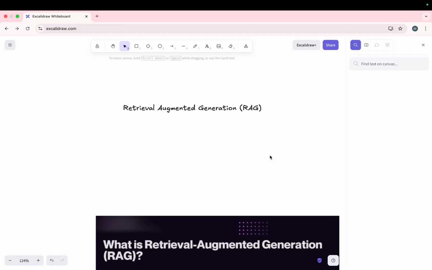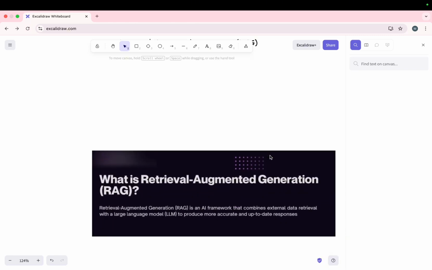Today we will learn what is Retrieval Augmented Generation. What is RAG? By now you must have already heard about RAG. If you are already learning AI, RAG means Retrieval Augmented Generation. It is an AI framework that combines external data with a large language model to produce more accurate and up-to-date responses. See, LLMs have some kind of limitation, meaning I can say if it doesn't have accurate data, it might